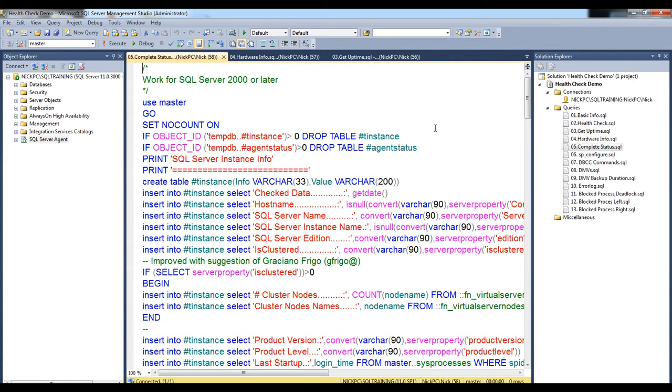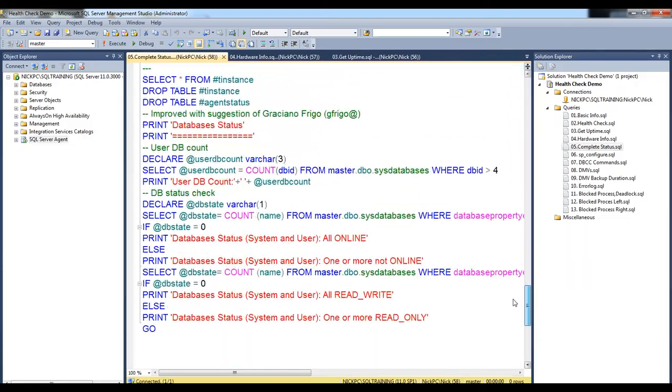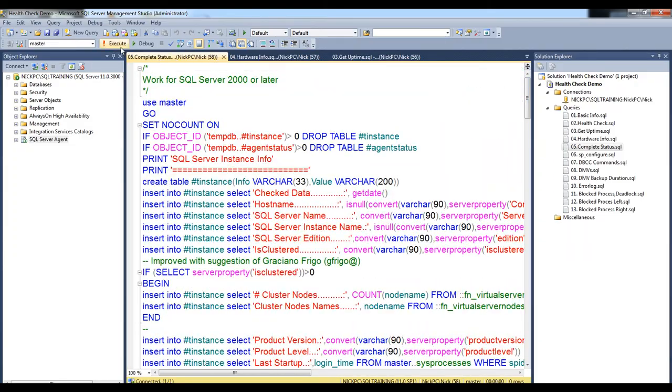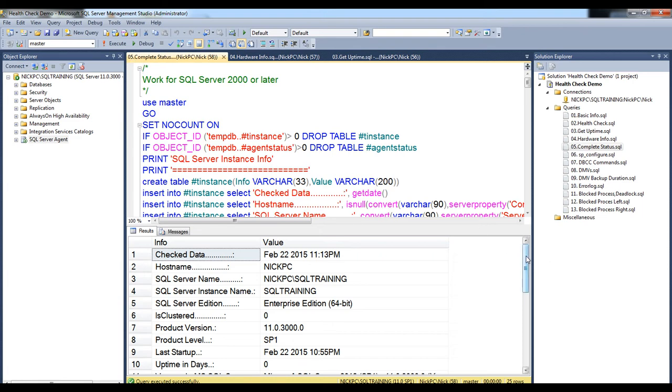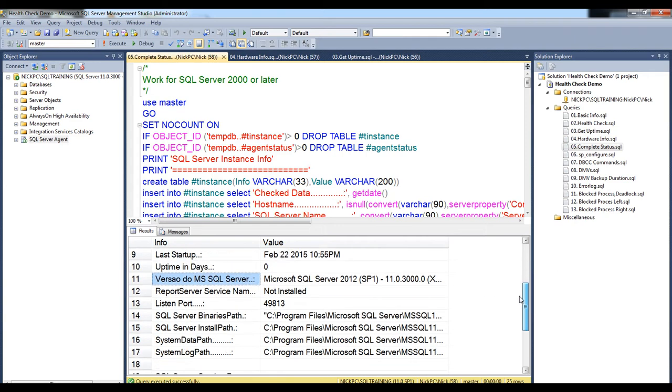Script number 5, I named it here as complete status because it has even more information than the other one I just showed. So let me hit execute, and as you can see, it's similar to the other one, and it has just a little bit more details. So check the data: the host name, SQL Server edition, if it's a cluster, product level, last startup, it calculates the uptime, the version of SQL Server,